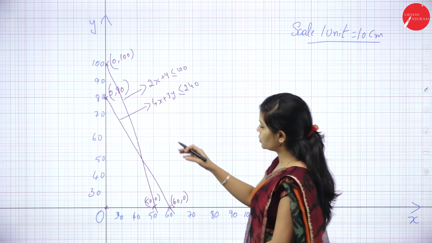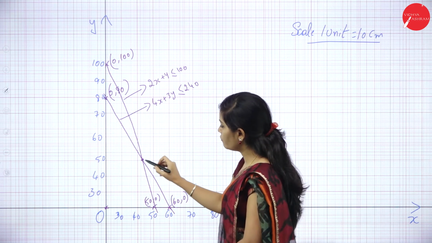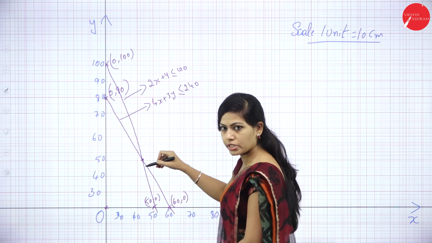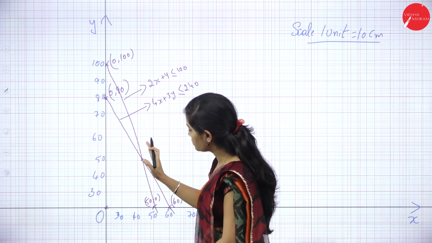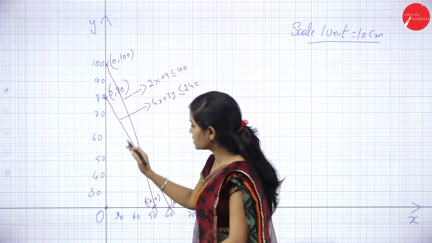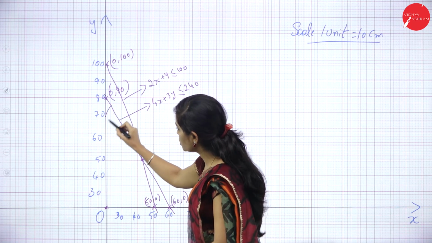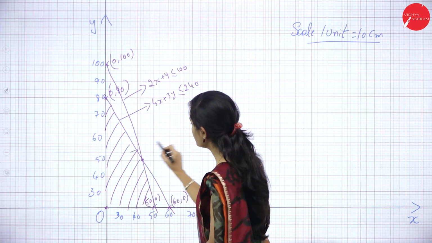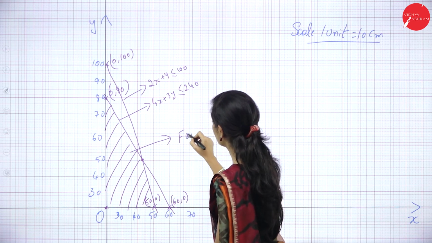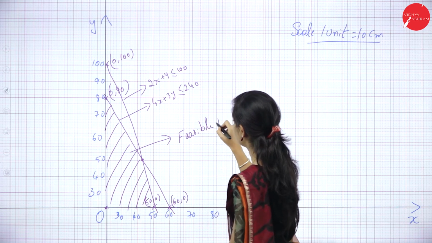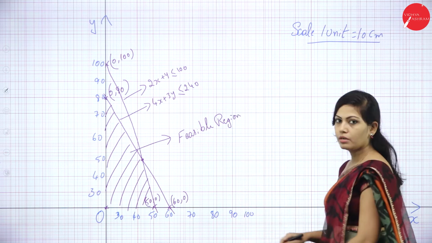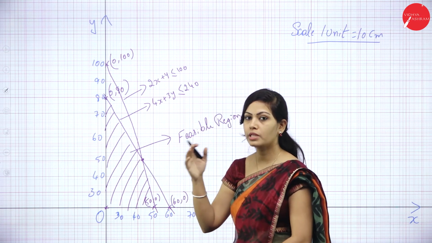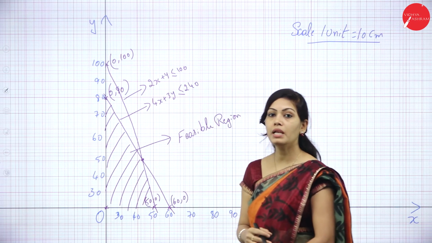So next, you just see the constraint lines. Here we got a common region. You just observe these two lines. We have connected point here. So below the constraint means this area. You need to shade only this area. This is called the feasible region. For connecting this feasible region, we have to find the common point for both the constraints. So here we got a feasible region.